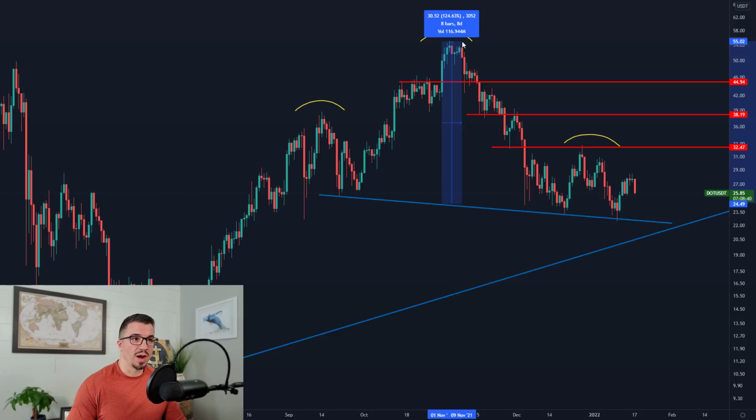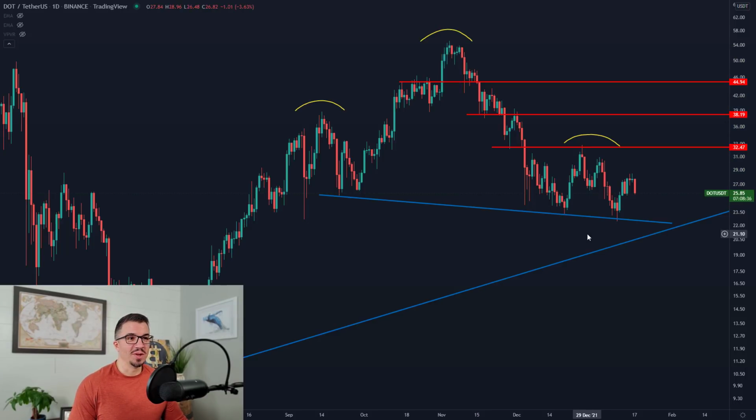So there's a problem as soon as you start looking at this pattern, okay? And for those of you who are well versed in this, you know exactly what I'm talking about. And that is that the height of this pattern is $30. So if we measure $30 lower from the neckline, that's how you get a measured objective for a head and shoulders pattern. So if we take a potential breakout point, let's just assume that DOT were to break below